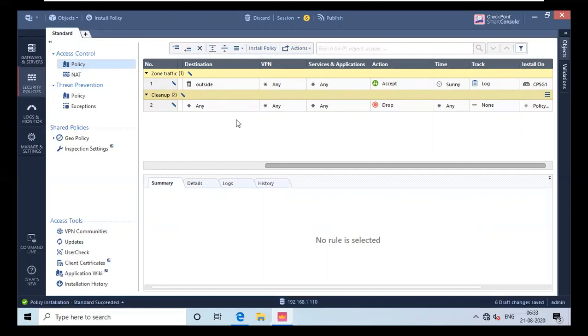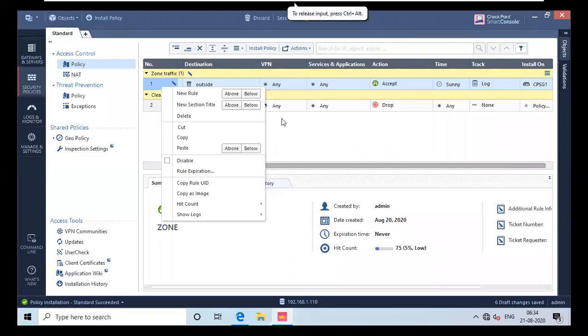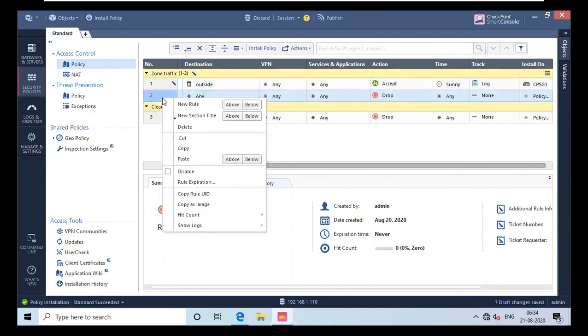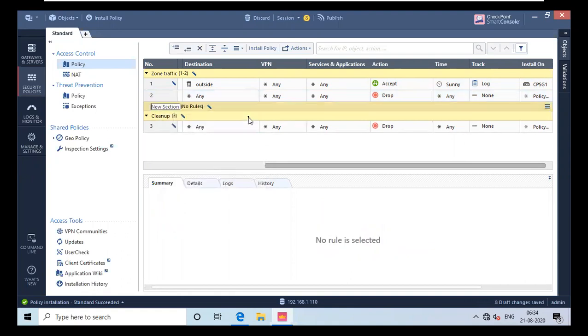Okay, to create a parent rule, you have to simply click. So let me create some plain rules first, before creating this inline rule. I will create some random rules which will do nothing. So I will just create it, and I will create a new one below this. Oh, sorry, I just added a section.